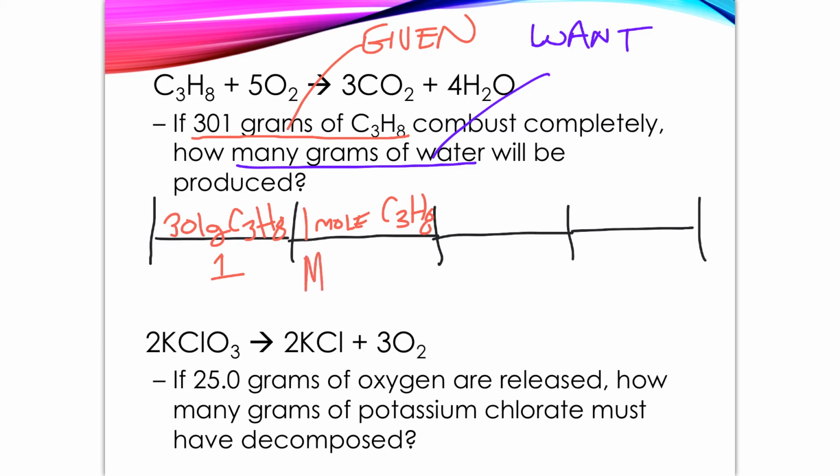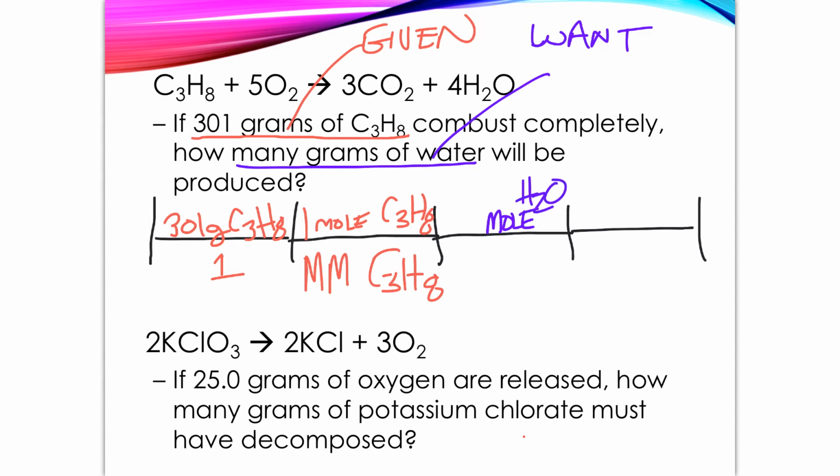That's the molar mass. We're not going to look that up right now, but I'm just going to write molar mass of C3H8. Okay, good. So now at the end of this, we've calculated the number of moles of C3H8. Now we've got to convert it over to moles of water. So we're going to put moles of H2O,